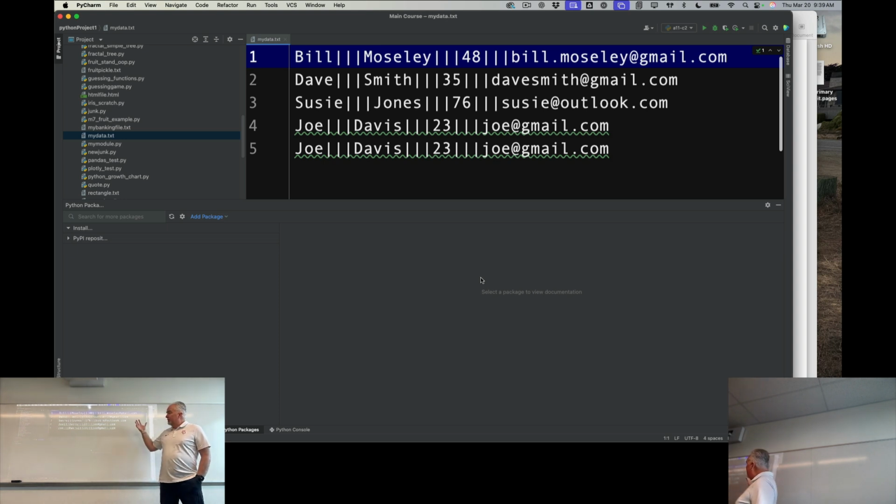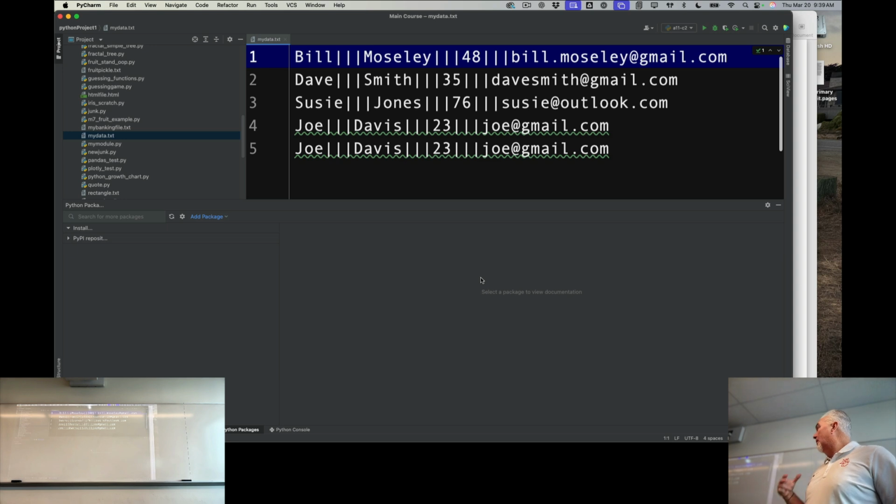But what you see here is an encoded version of that data. What I've done here is, for each person or each record in that dictionary, I've taken that and put them in an array, right? And I've used array.join with these 3 pipe characters to glue them together into a single line of text, and I've written them to a text file. Now, why did I use the pipe characters? Because it's highly unlikely that that character is going to appear in somebody's name or email address or something like that. So if I use 3 of them in a row,